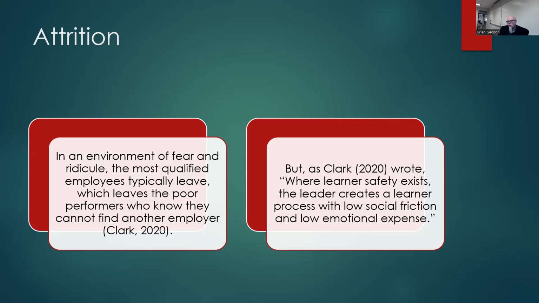And then that low emotional expense, you don't want people having so much negative emotion because of things that happen on the team that it precludes them from actually doing the function they were hired to do.